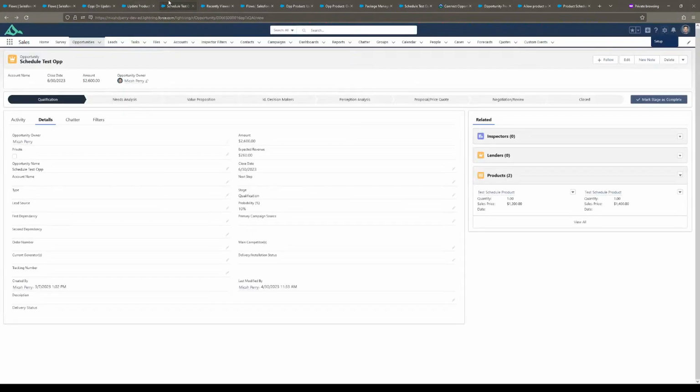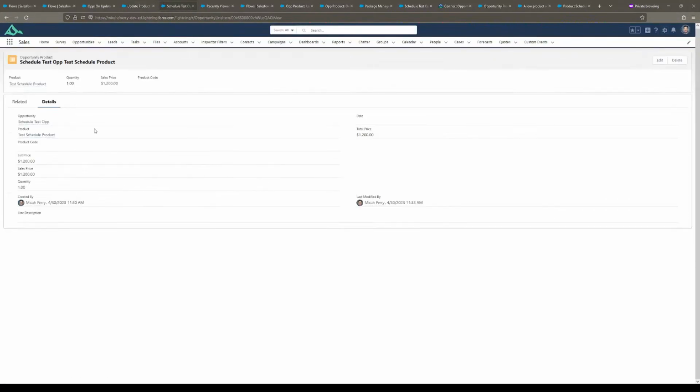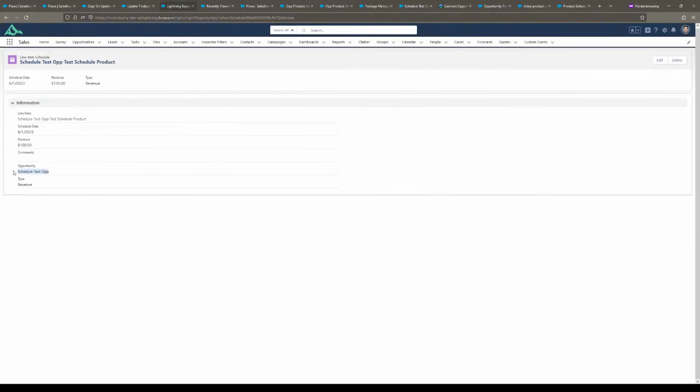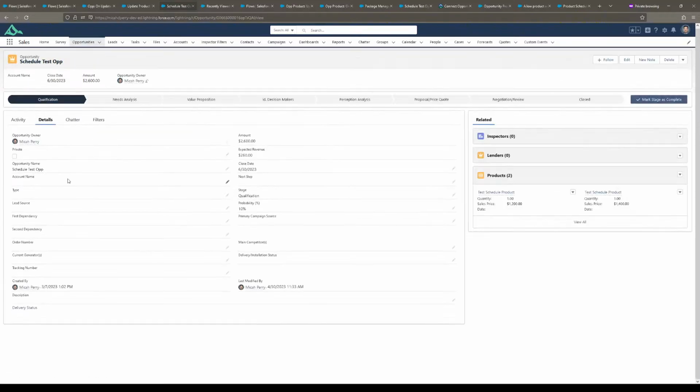So in my test, when I go to my schedules, you can click on any of my schedules, and they've got the opportunity linked to it, and that would link us back. The reason we do that is because what we really want, when the close date changes, is to keep the products in sync. And this is the improvement that I made on my first iteration, which was I didn't